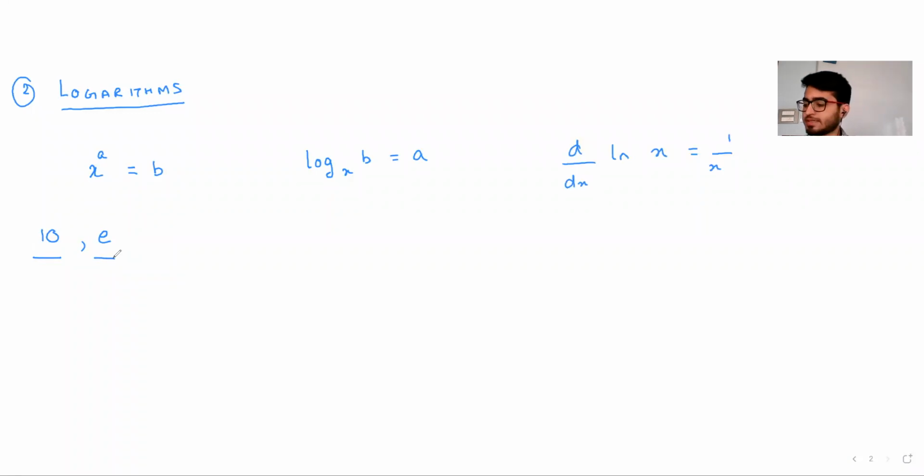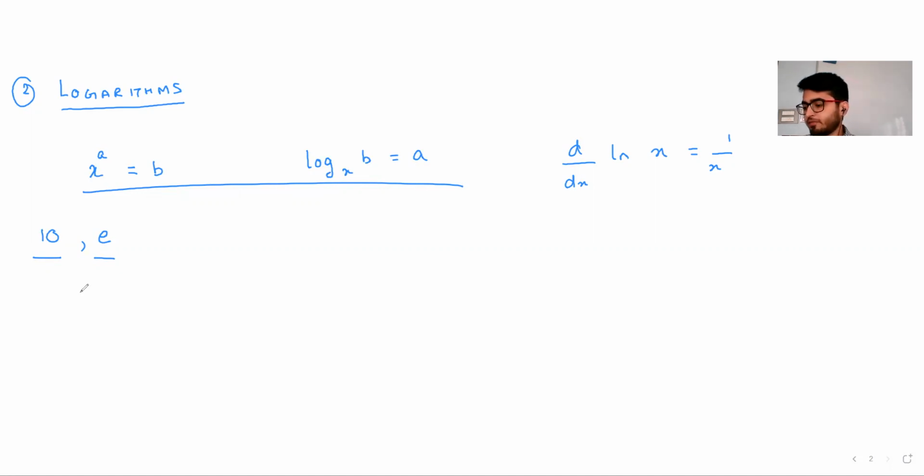So this was basically about why logs come, or what we interpret from this expression. I hope this is clear. If I write log base x of b, then the answer is to what power should x be raised so that the resulting answer is b, which we can tally from here is a.